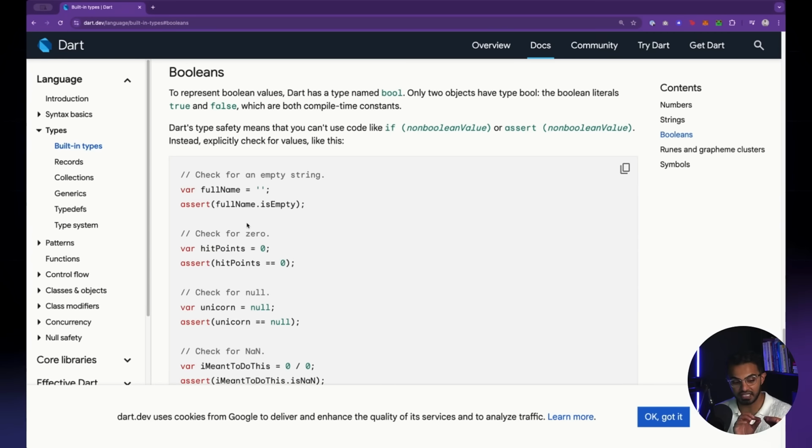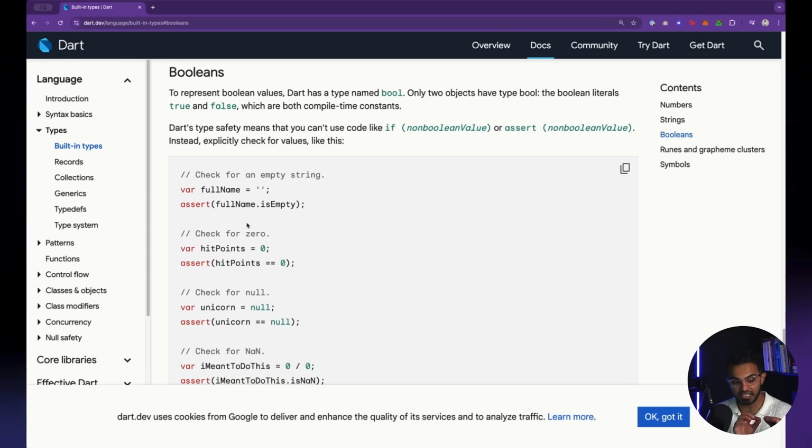So 1 is the same thing as true in computer science, and 0 is the same thing as false in computer science. As a matter of fact, if you ask your computer, is 1 equal to true? Your computer is going to say, yes, that's true. And if you say, is 0 equal to false? Your computer is going to say, yes, that is true. And if you don't believe me, let me show you an example of how that works.